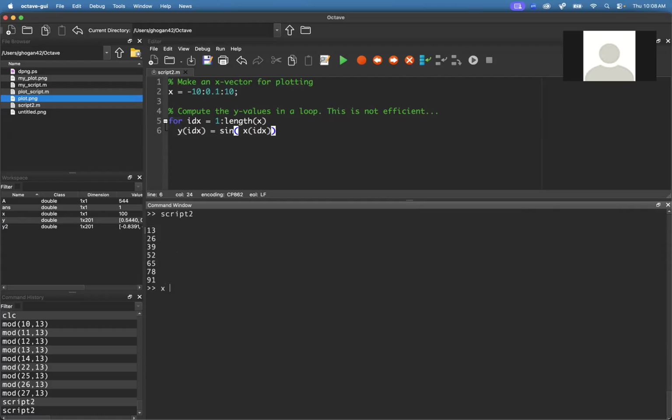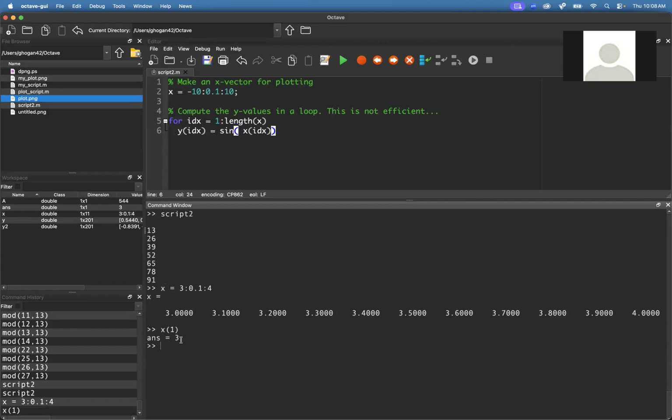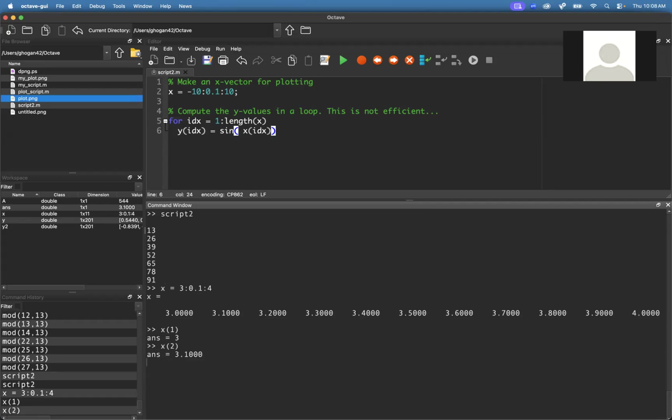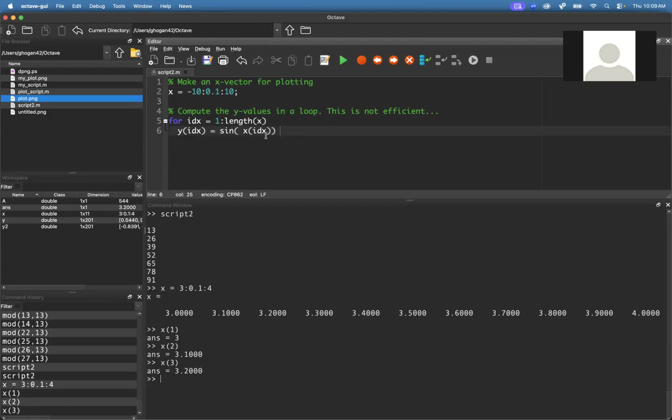If I go X equals, just so we're clear, let's say 3:0.1:4, right? I just didn't want them to be 1, 2, 3, 4. So we just have some values here for X. If you do X1, you get 3. If you do X2, you get 3.1. And if you do X3, you get 3.2, etc. So when I do X IDX up here, that's going to be the equivalent of X1, X2, X3, because